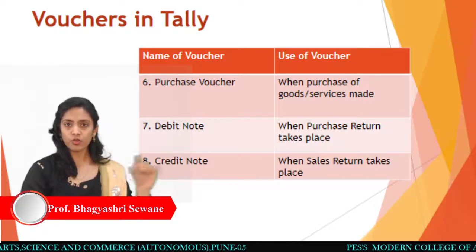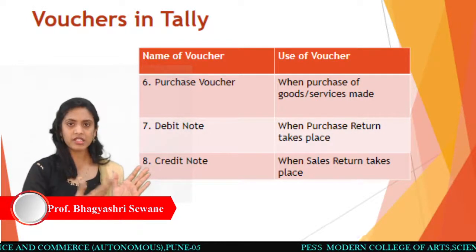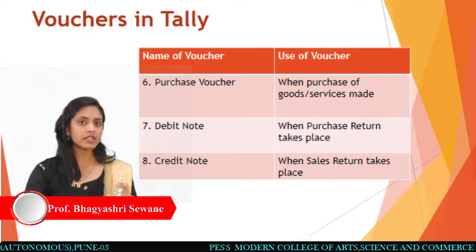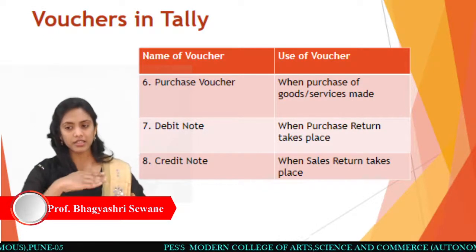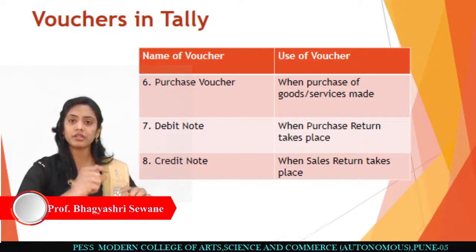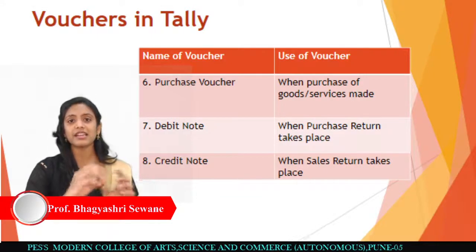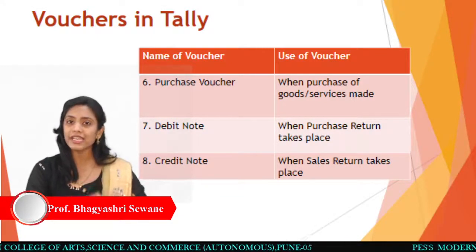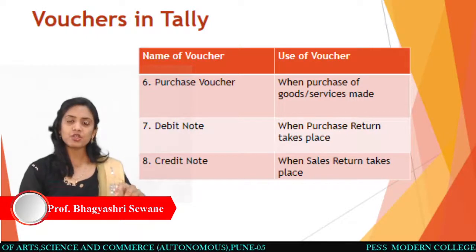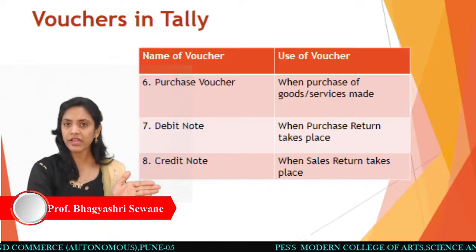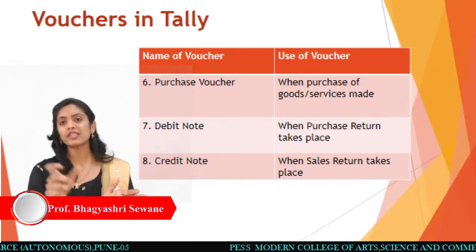Whatever you debited over here, that is the purchase goods account. Now, if you are returning these goods, then you have to just reverse this entry. For that matter, you have to give a purchase return, that is a credit. You have to give a reverse effect, a credit over here. So the debit effect is going to be nullified, and that's why we are using the word debit note.